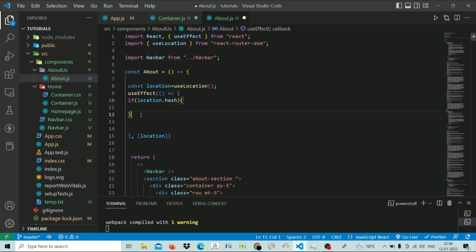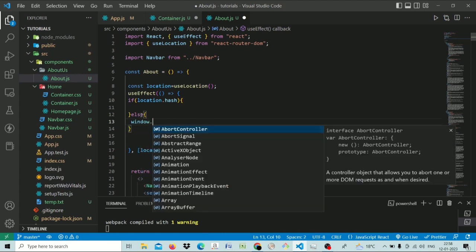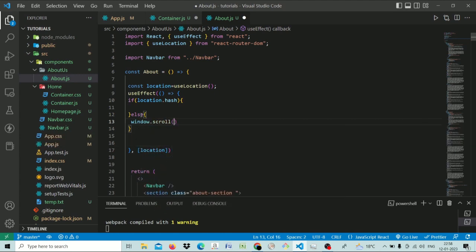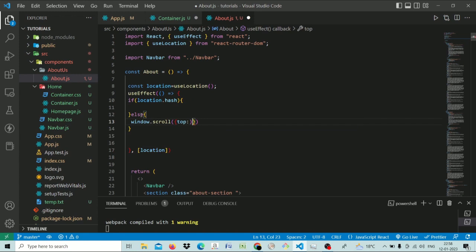But else, if there is no location, we will automatically scroll to the top. So let's set top to 0,